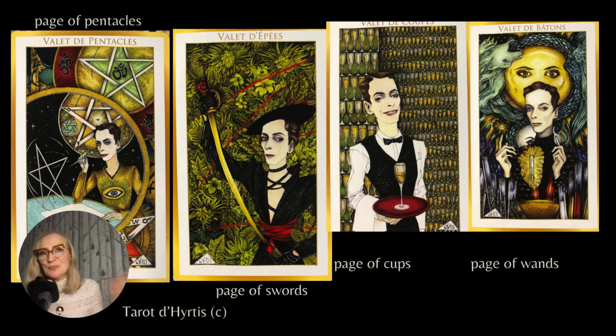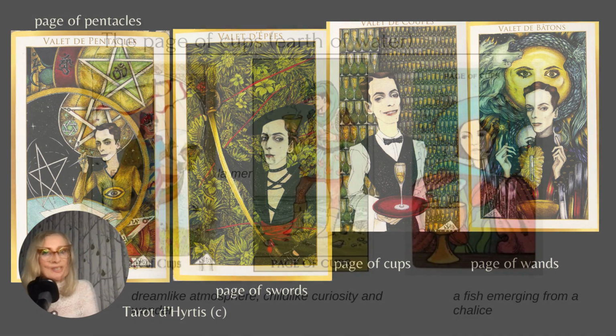I just wanted to put these out there because they're some of my favorite cards. And we've got here the Page of Wands, going right to left, the Page of Cups, the Page of Swords, and the Page of Pentacles. And just to show you how differently we can represent the pages, I just wanted to show a bit of lovely artwork before I go on to the most conventional forms of the pages.